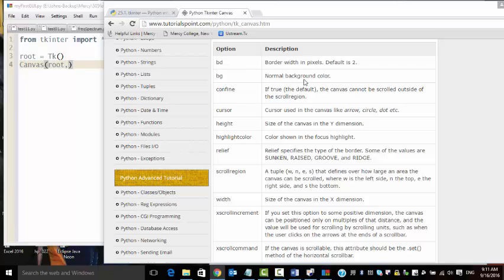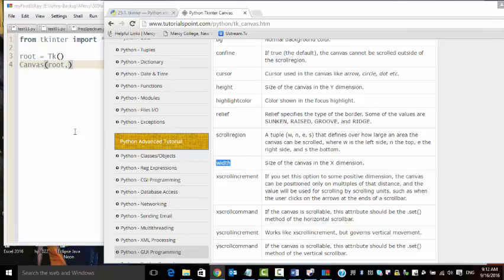If you want to set the background color, then BG. If you want a cursor other than the default cursor, like a circle, or a dot, or any shape, you could do that. Height, if we want to make this canvas a different height and different width,